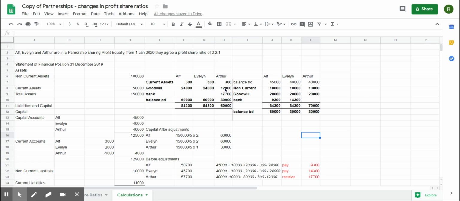And then we either need to add money as being paid in by each partner, as we did here for Alf and Evelyn, or we need to take some money out of the partnership bank account, as we had to for Arthur. Okay, it's a little bit of a tricky one, but you've got